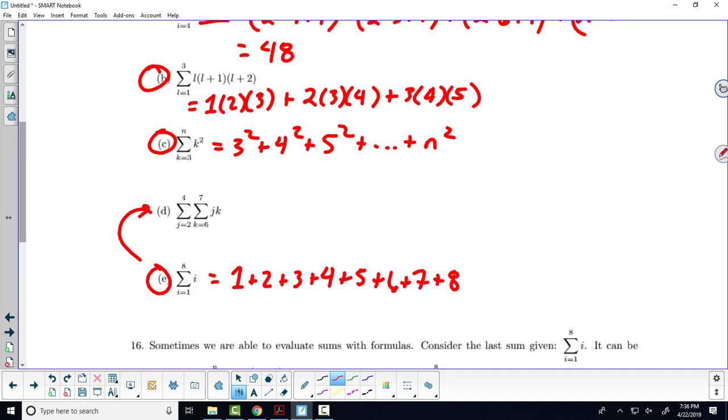What do we get for this for E, folks, if we actually crunch the numbers? 36. Yeah, I think we get 36. Adding those up. Remember that, because we're going to need that for another problem. Okay, folks, I am very unconcerned if you get hung up on D. D will not show up on a test, but I just want to show you how this summation notation can be built inside of itself and get more complicated, because eventually you're going to need this. Okay? If you go on to take Calc 3, or if you go on to take linear algebra, you'll be using summations like this. Okay?